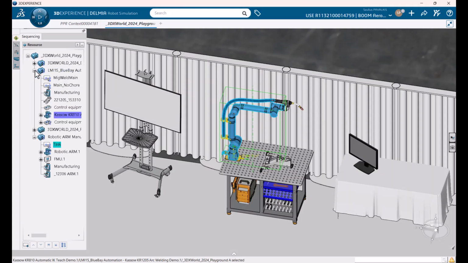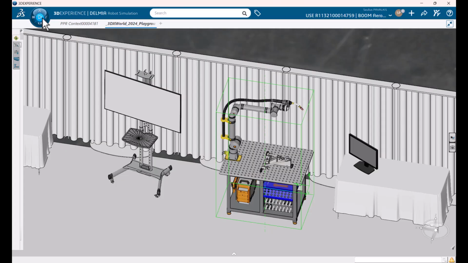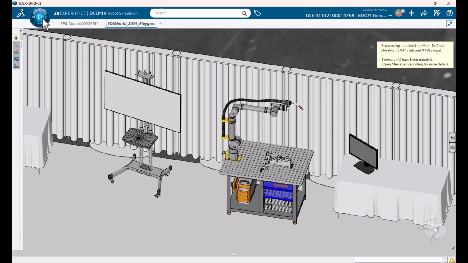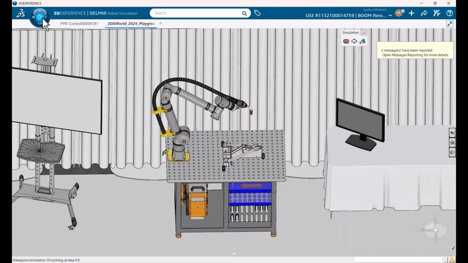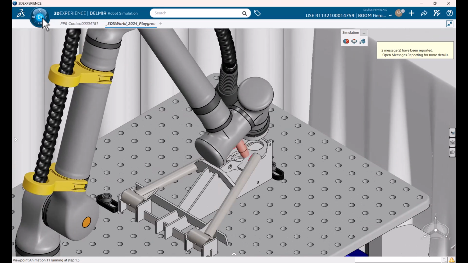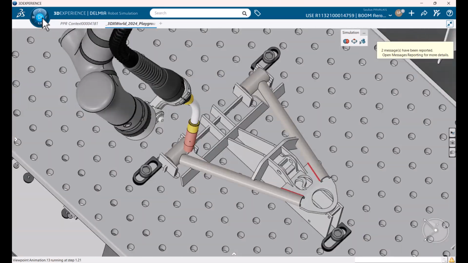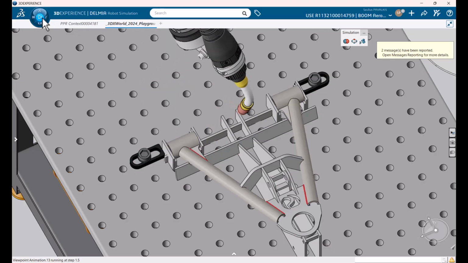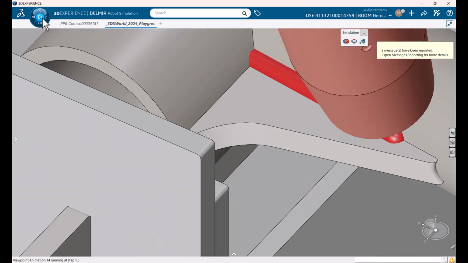So we can expand here and we can, for example, select it and run the program. This robot will execute. See, it's welding robot. It executes the program and performs the task,